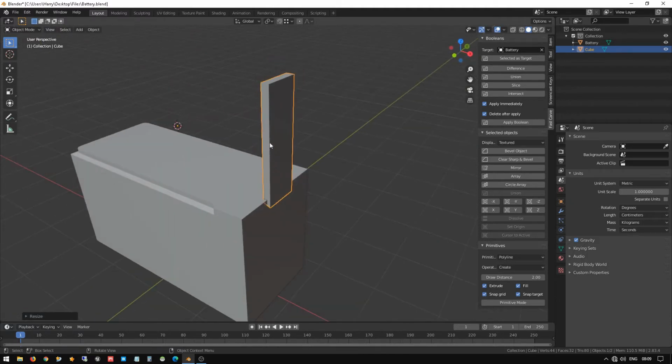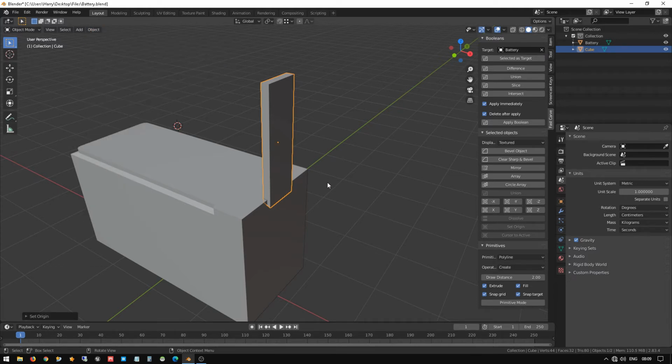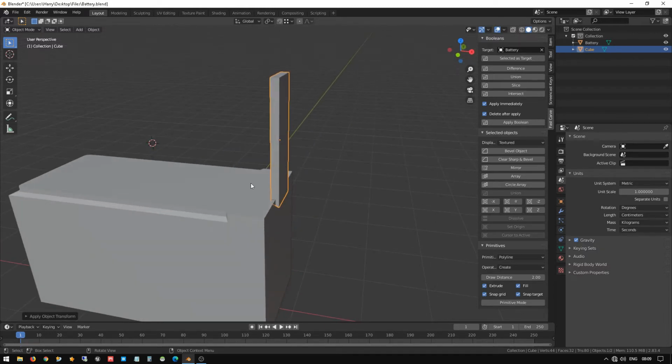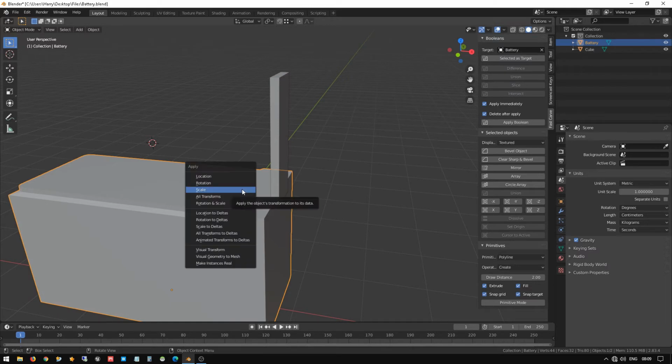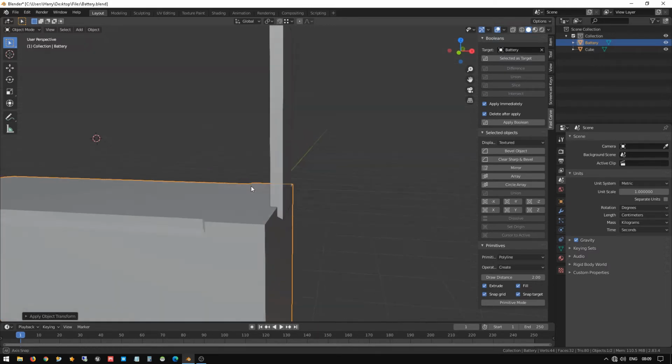After doing that, select this object, set origin to center of the mass, and press Ctrl A and apply the scaling. And here for the battery tools, whatever changes you do, apply the scaling to apply the exact design and everything.